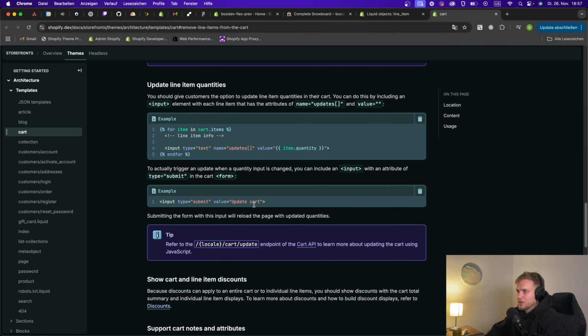So this query selector data action remove. This remove button add event listener, let's say click,